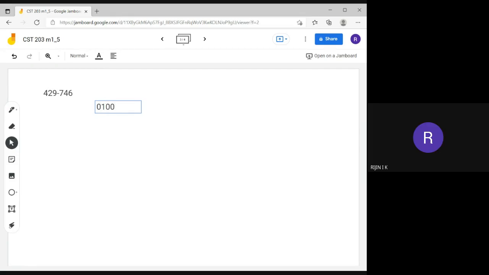Then 2 is 0010. Then 9 is 1001. Okay, so that is the BCD code for 429.